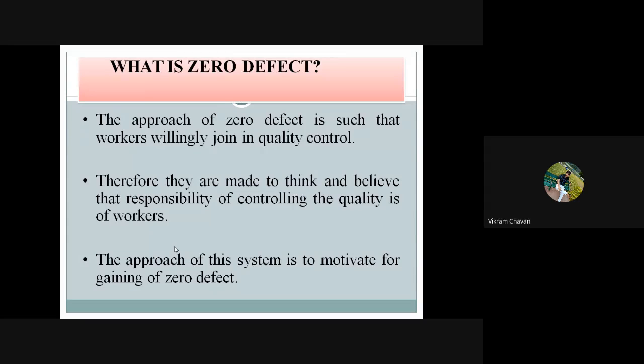Therefore they are made to think and believe that the responsibility of controlling the quality is of workers. Full stop. The approach of this system